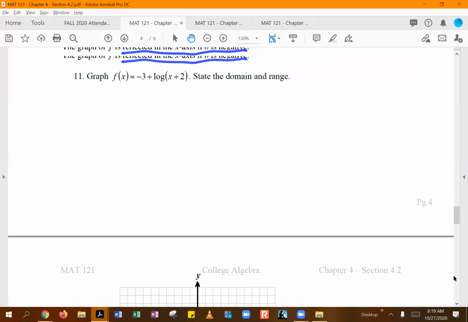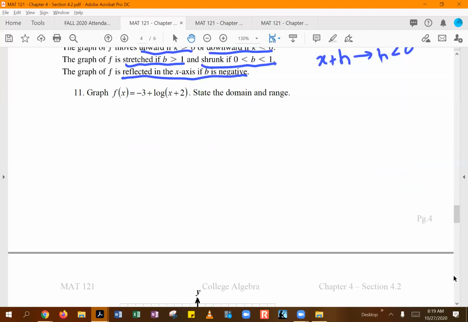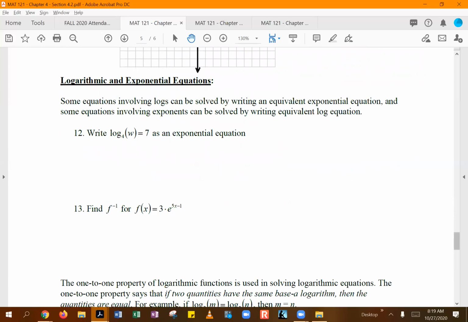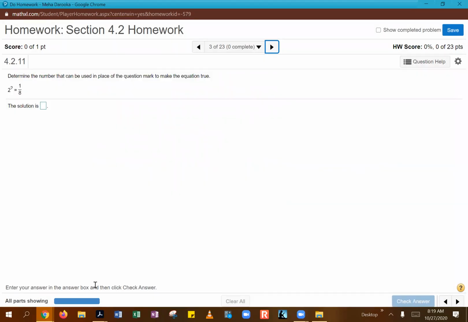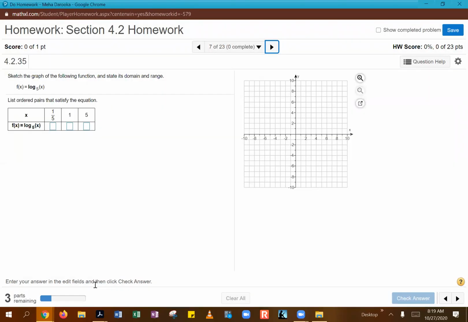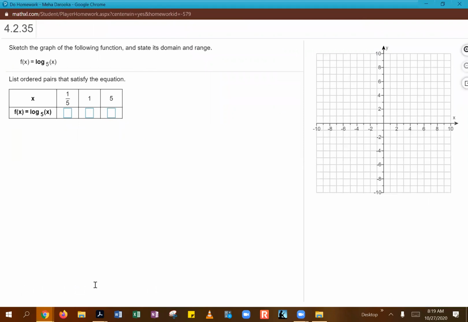But basically, remember those properties for transformation stay the same. Obviously they just look a little bit different with the logarithmic function. So let me actually show you a couple examples over here before we talk about the next set here. So we have looked at examples similar to this last time. So you've got a couple examples on that, but let's talk about how you will graph your functions here in